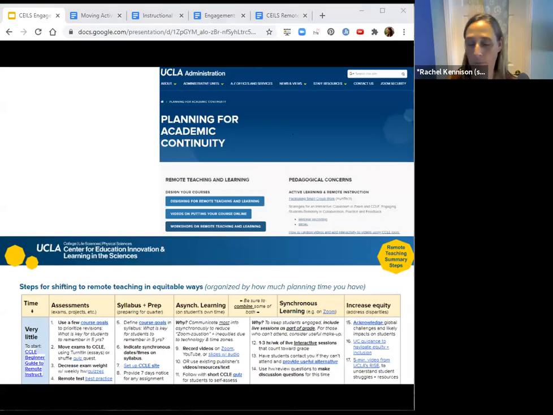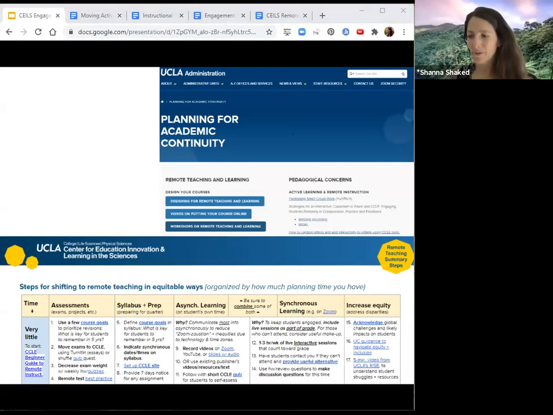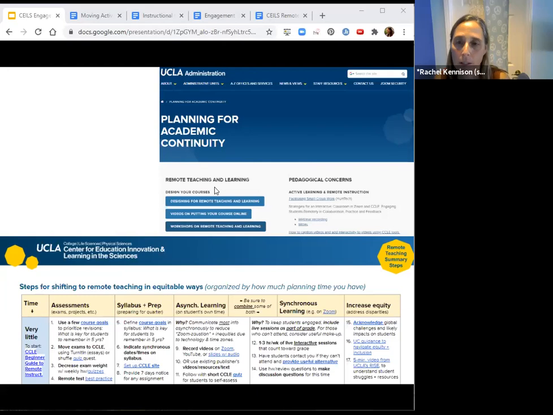Okay, so we want to just wrap this up with giving you some next steps for what you can do next. We're going to share the slides here, but I'm also going to share, at CEILS we have a one-page summary document that summarizes some of this asynchronous versus synchronous with links to a lot of things. The admin site has a site on remote teaching that has links to different workshops. And there's a new CCLE site that's an online course for remote teaching for anybody who really wants to dive in. It's got different levels, and we have links to all those things.